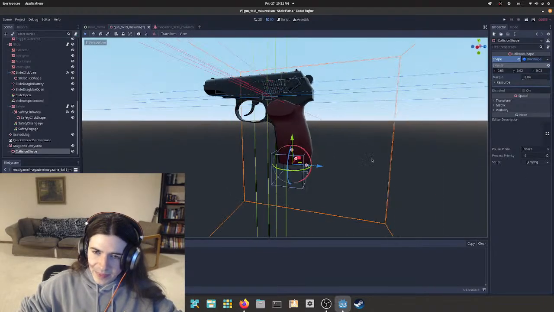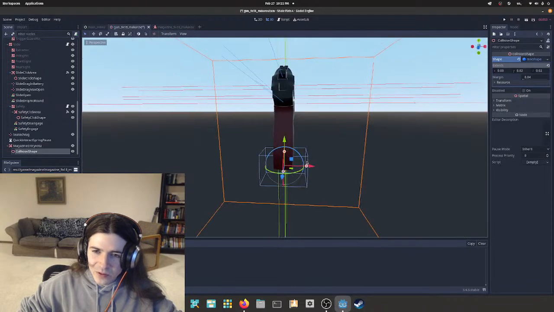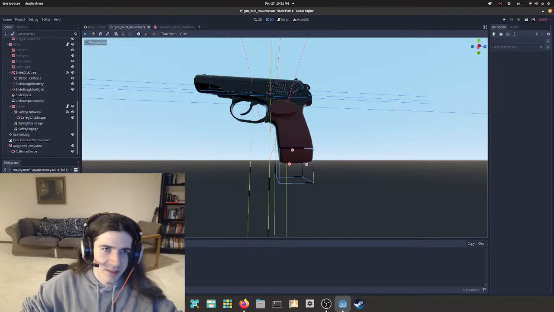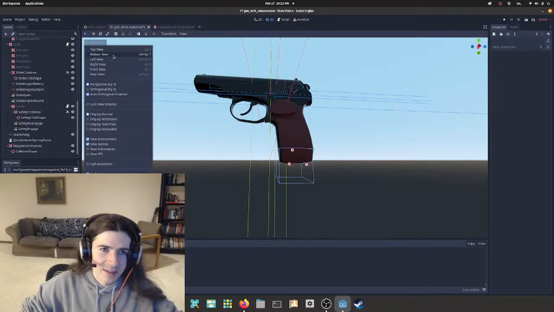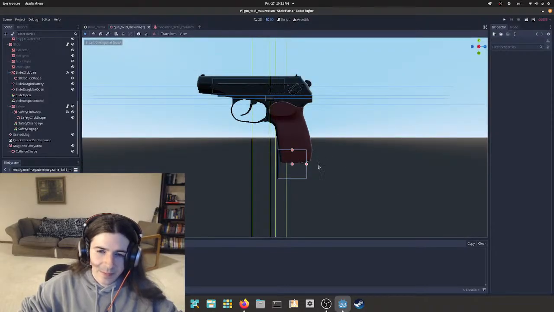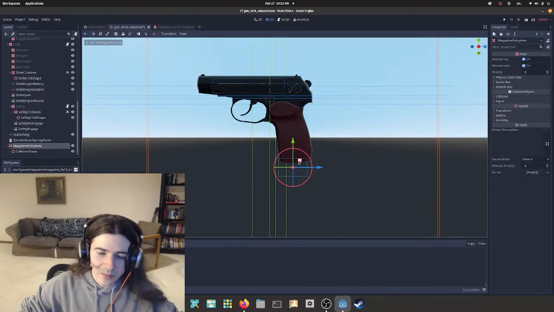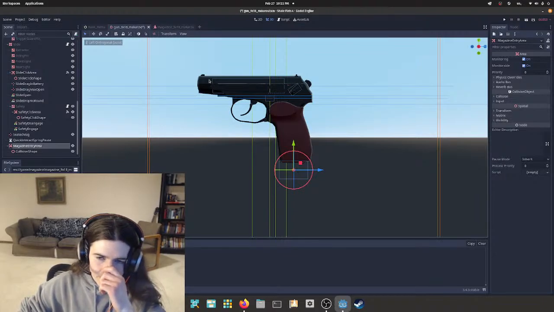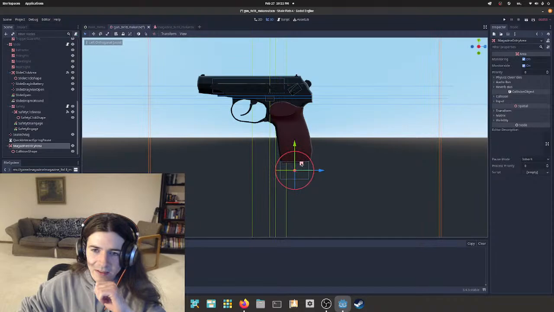Yeah, we can play with this because what we want this to really represent is if a magazine comes anywhere in this area, it's going to snap to a certain position, and it's going to become parented to the gun. So we can play with this and see what makes the most sense in practice, and we'll go from there.